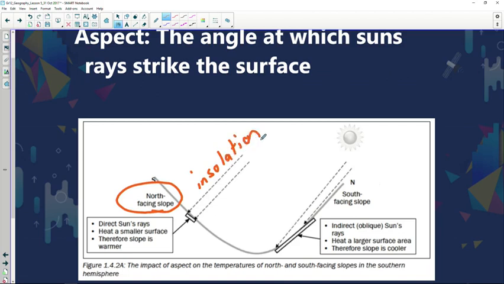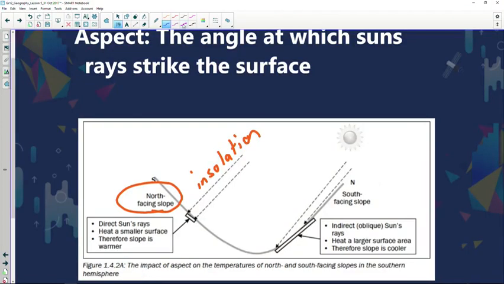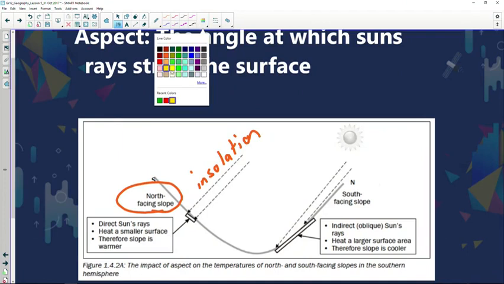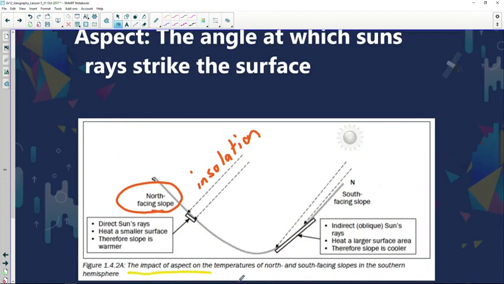Now, what is insolation? We discussed it in the previous lessons. It's incoming solar radiation. Bear in mind, it's direct insolation, it's direct sun rays. Now, the north-facing slopes are facing towards what direction? Towards the equator. So if we move in that direction over there, we have the equator, and over here we have the polar regions. So our north-facing slopes